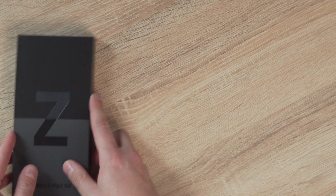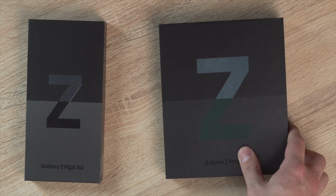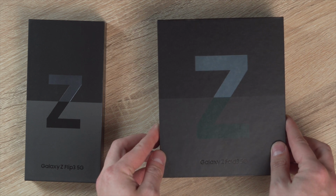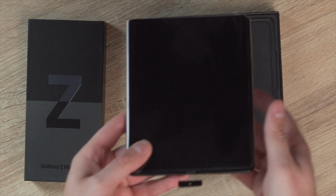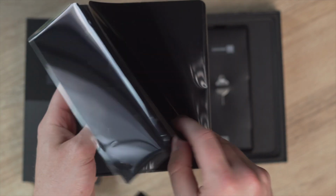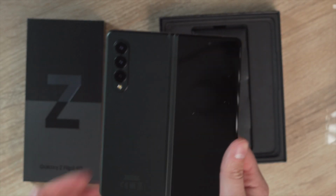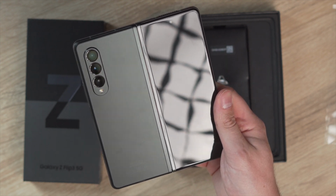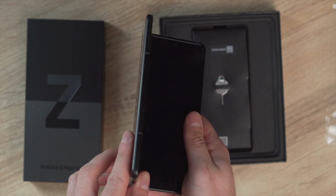But first we have another phone to unbox as well, and this is the Z Fold 3. This one is much more expensive than the Z Flip 3, and that's because it's basically a tablet. So when you open up the phone, you get that huge inside screen, and this is one of my favorites out there, because it's the most exciting phone that you can probably buy right now anywhere. But the unboxing is just the same, as you don't really get anything but the phone included in the box. So nothing really that exciting to talk about as we unbox this Z Fold 3, but we should move back